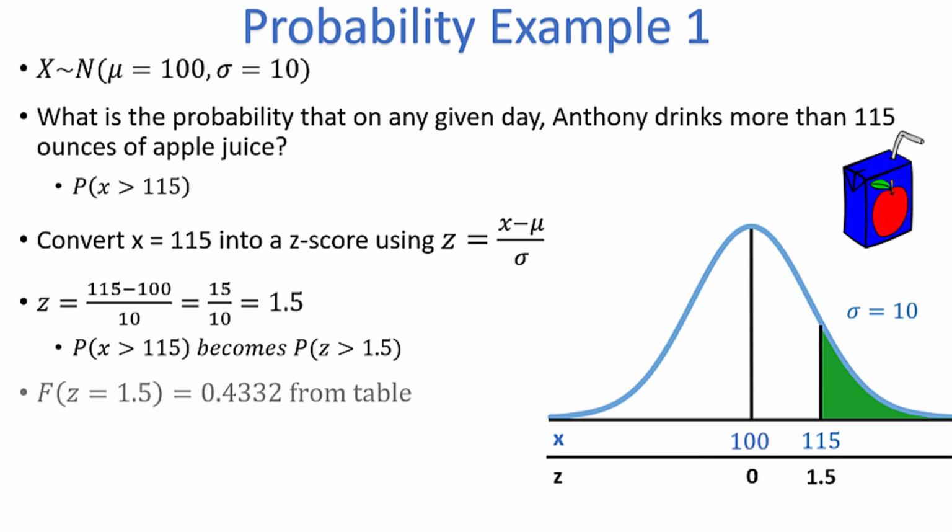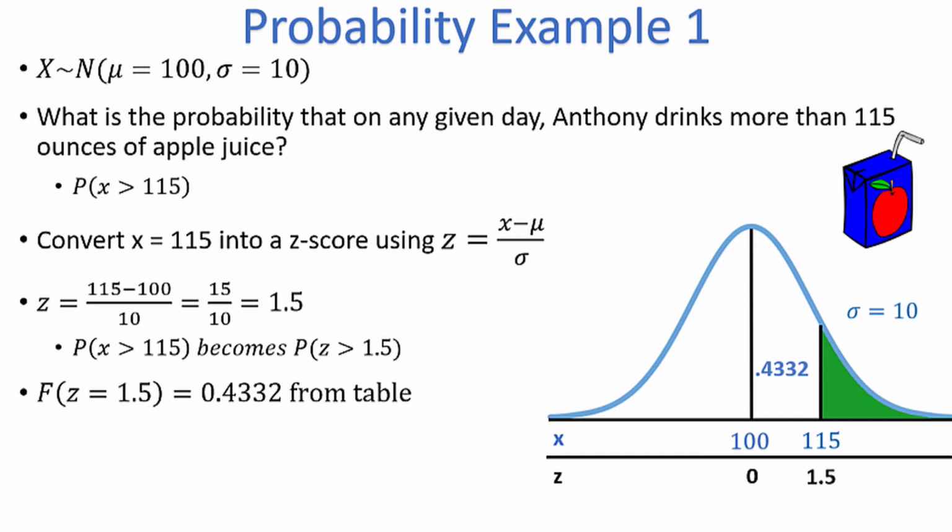Okay, our table probability is 0.4332, which we said is the area from the mean up to the z-score in this area on the distribution. But we want to solve for the green shaded area, so there is one more step to get the answer. We can use one of the facts of the normal distribution we discussed from earlier, which is that 50% of the area falls on either side of the mean.